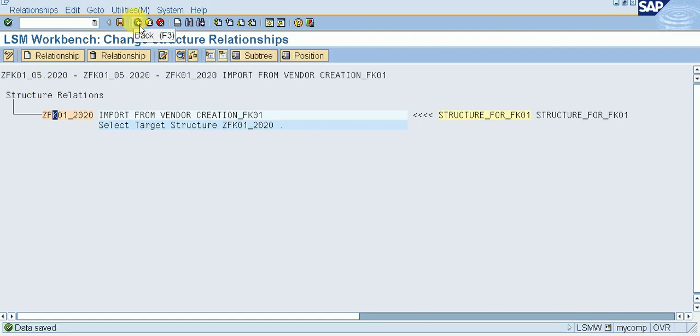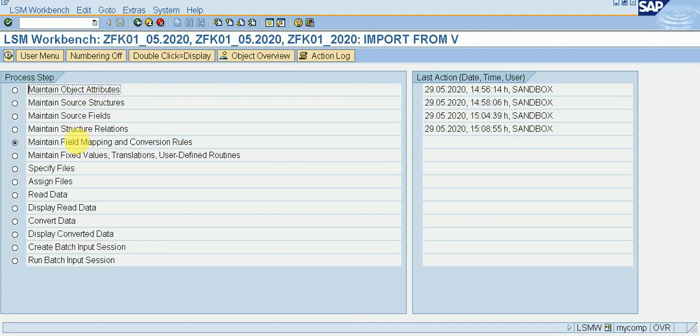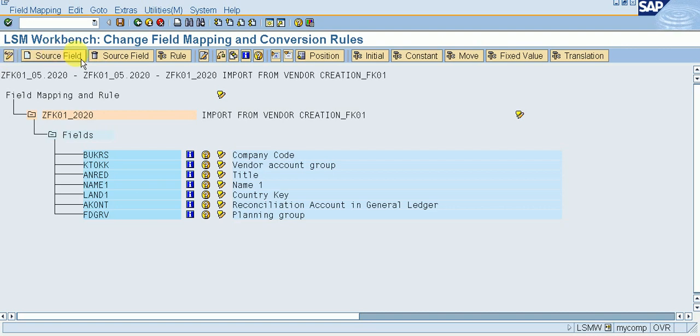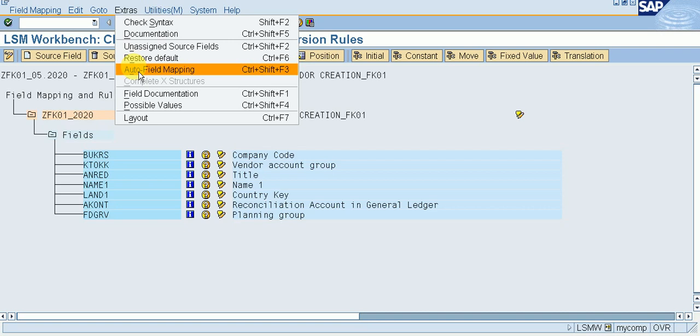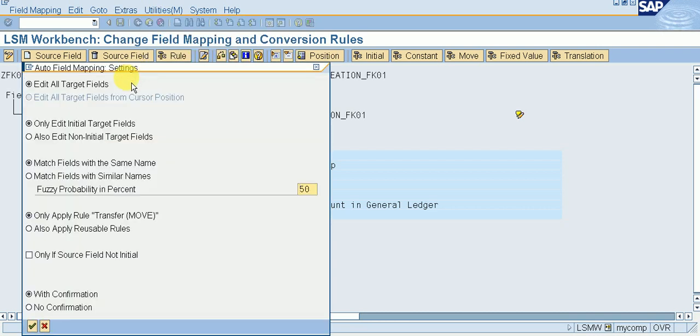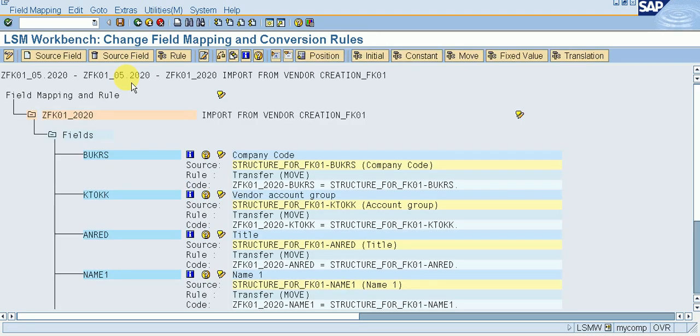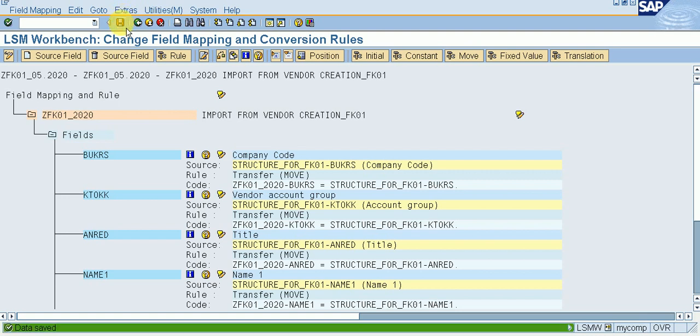Go back, and we have to go to maintain field mapping and conversion rules. Execute it, click on display change, click on extras, go to auto mapping, click on enter, enter till details we can see here, then save it. Okay, then go back.